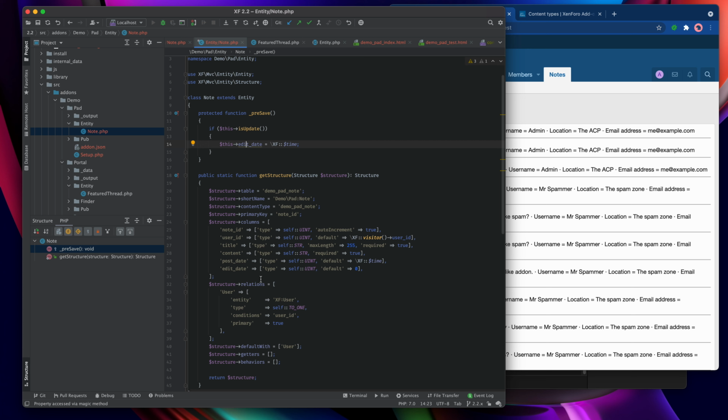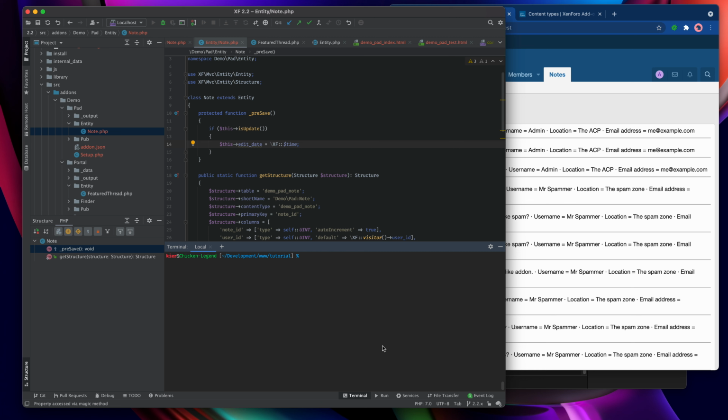So having built our structure here, we're going to open a terminal and we're going to run the following command. It is php cmd.php xf-dev:entity-class-properties. And when I run that, I need to specify the name of that entity that we're going to apply it to.